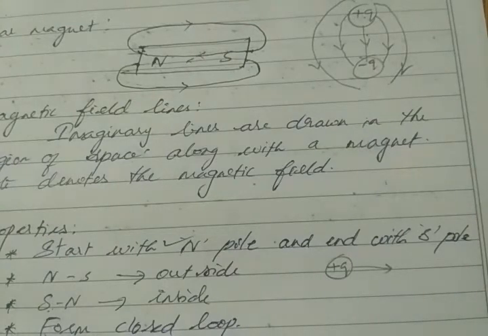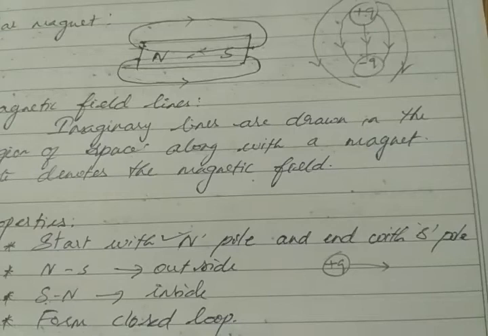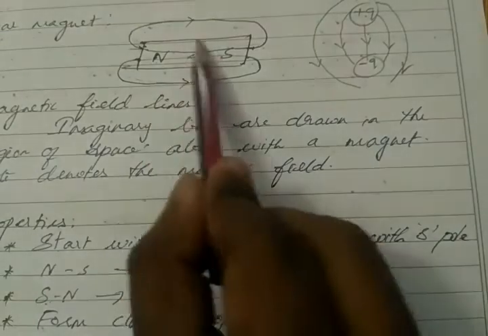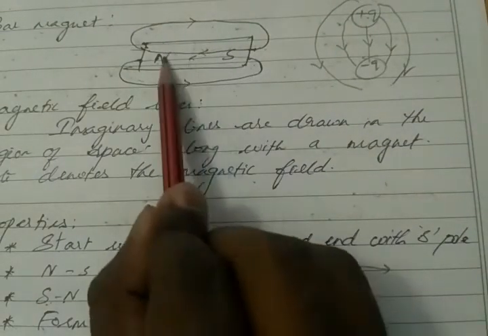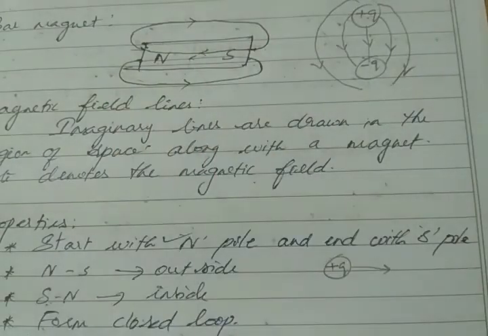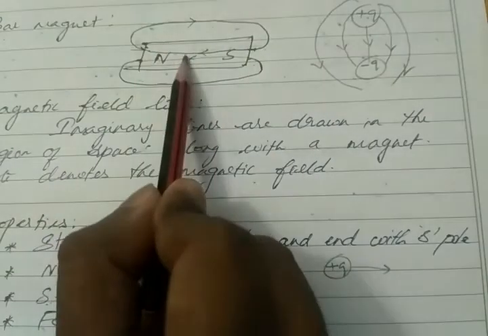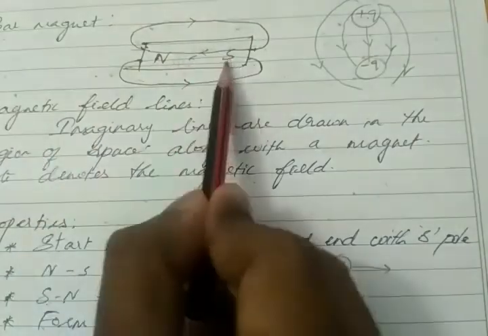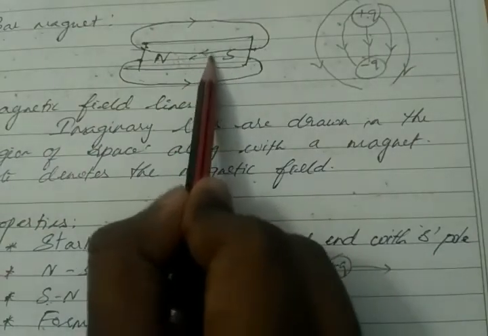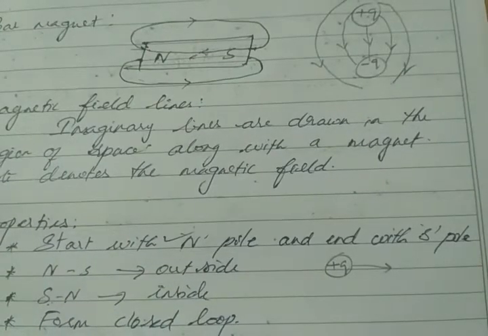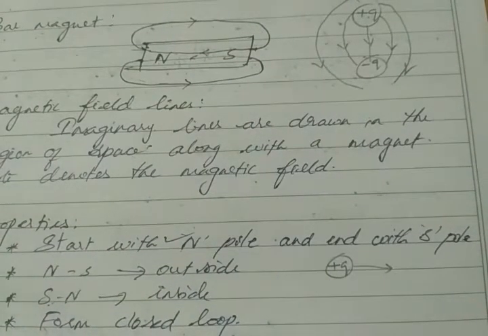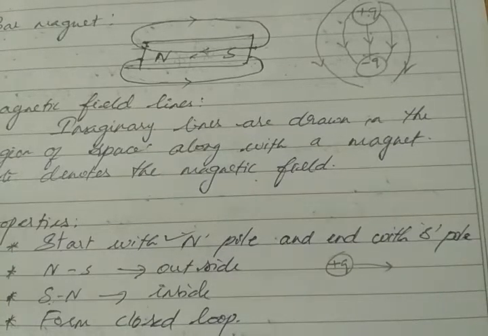If you cut a magnet, what will happen? That magnet itself creates a pole. If I cut this magnet, the N pole and S pole are separated, right? So this N pole creates an S pole here, and this S pole itself creates an N pole here. It's like the fragmentation of an earthworm, which you study in biology. However many times you cut it, it will live again and start to move again. Like that, however many times you cut a magnet, it will create a pole on itself. Clear? Why? Because a monopole does not exist.